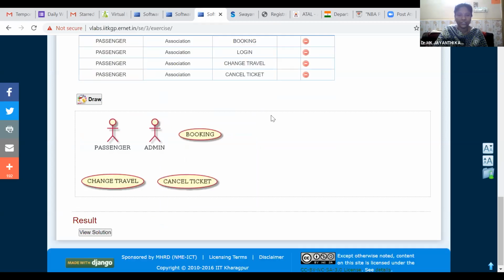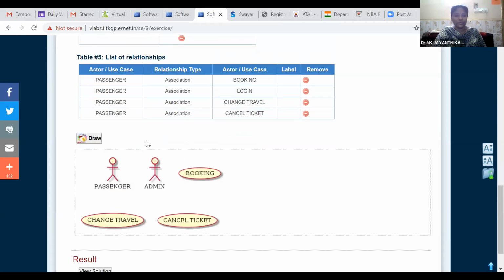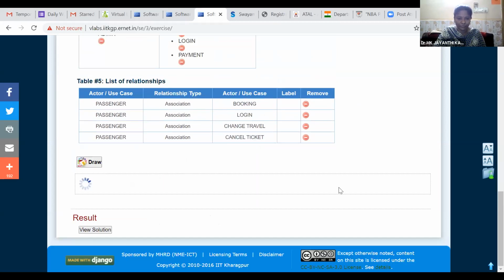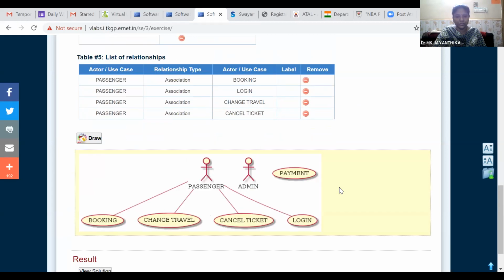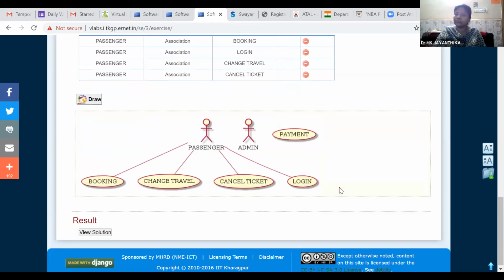So all the options are possible for the passenger. Now for the chosen associations, I will draw the diagram. Are you able to see the screen?